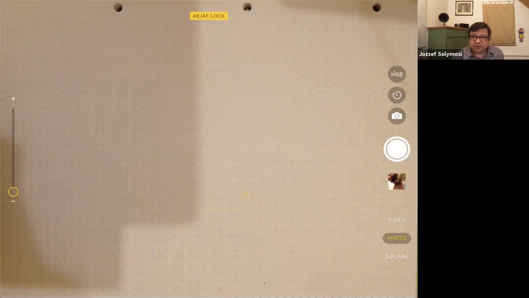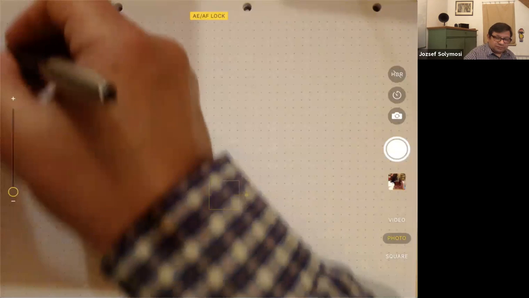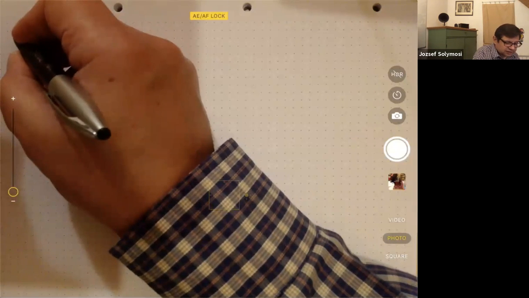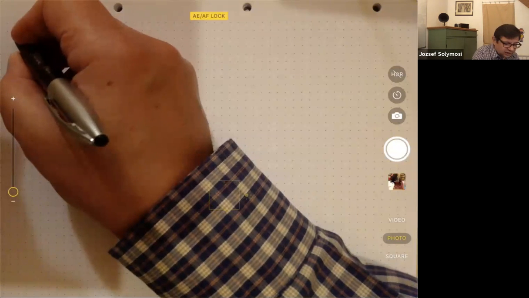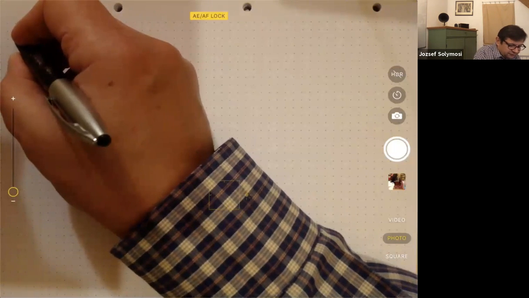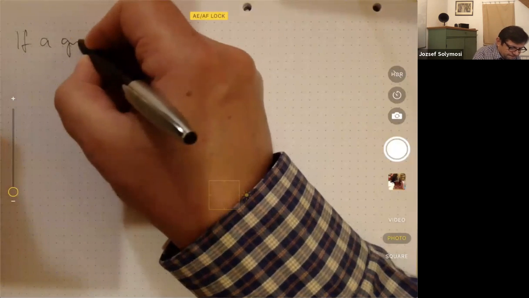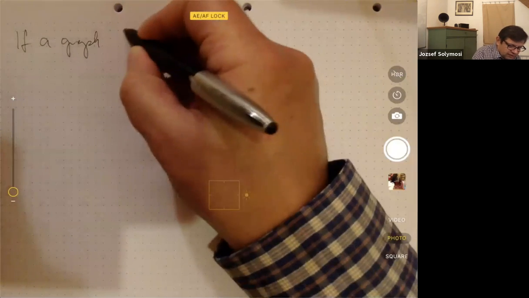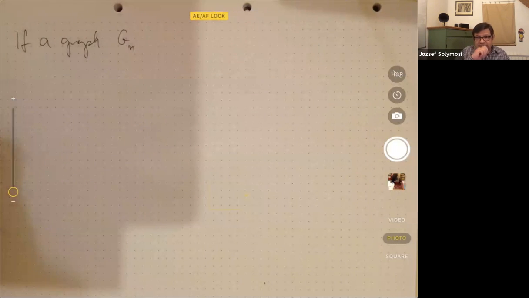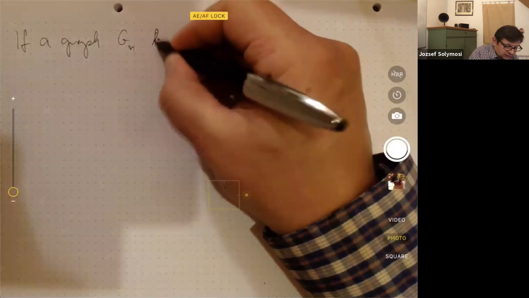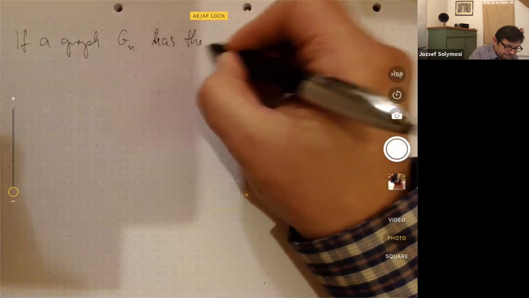It's a simplified version, it's a corollary, and we don't have to prove it, but here is the statement. The statement is relatively simple. It's about graphs. Let's just state first, not hypergraphs, just graphs. If a graph G_n, so this is a graph on n vertices, it has the property